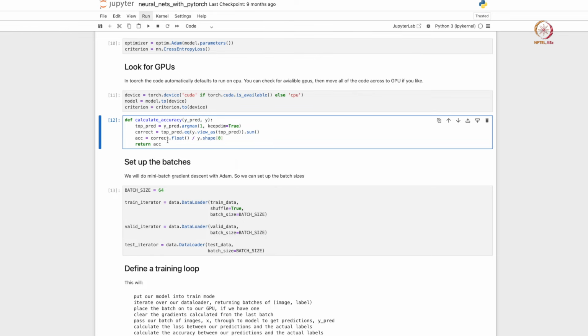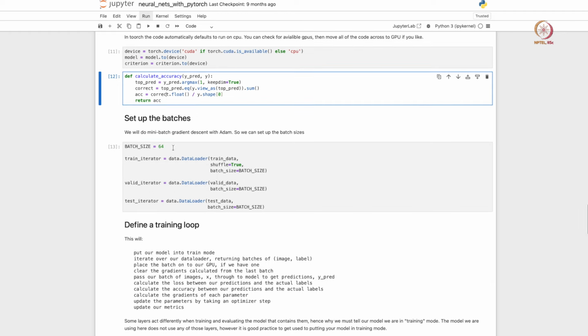We define how to actually calculate accuracy. It's the total number of true predictions divided by the total number of target data points you have, right. We will ensure that the accuracy is calculated while training the model and also while evaluating the model. But we need this separate declaration of a function.